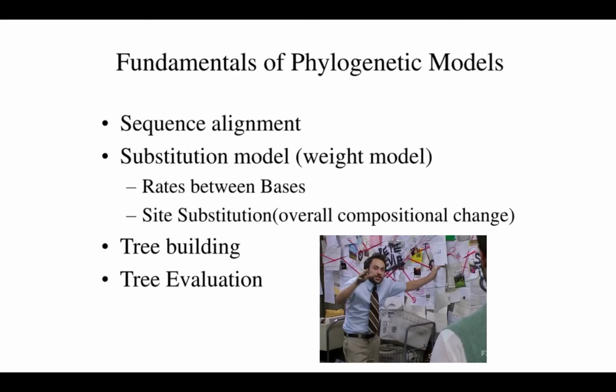We have different models for that because evolution and mutational processes are sometimes tricky, and we can do it in different ways. For example, we can estimate compositional change, or we can do some Markov models, etc. When we estimated the difference, we need an algorithm that can build a tree by itself. They can be easy, they can be difficult, and they can be very different.